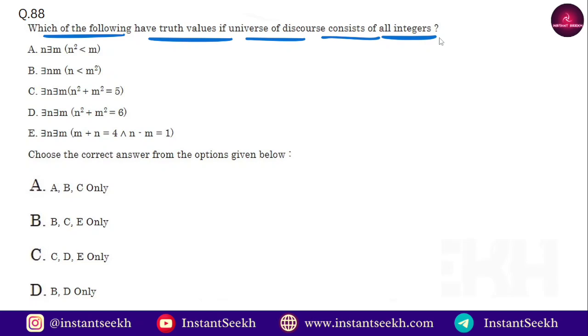Yeah, so first one, let's see one by one. This means for every integer n, there exists an integer m such that n square is less than m. This is always true because we can choose m equal to n square plus 1, which will always be greater than n square. Okay, this is m. So this is true. Next,